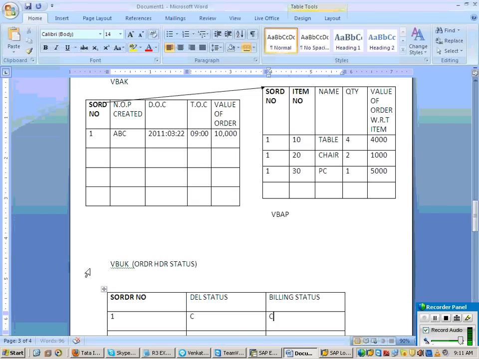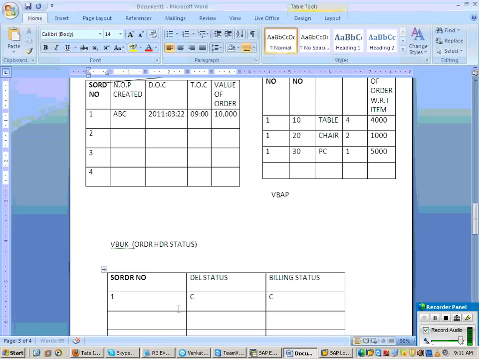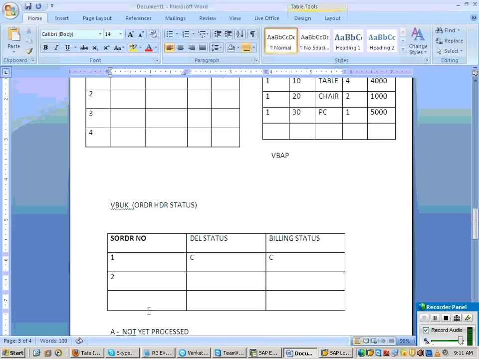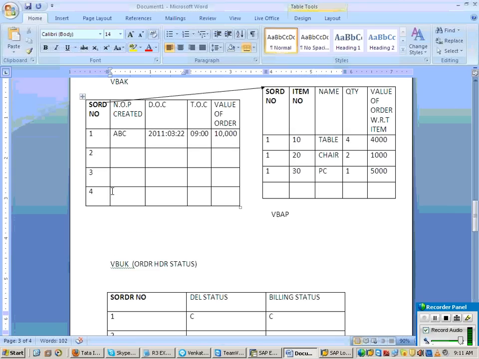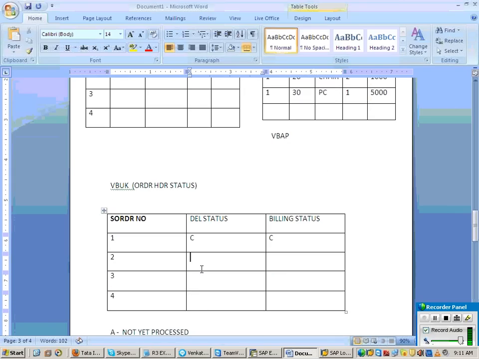So now suppose I have some 100 orders. In the order table, how many orders do I have? For all the 100 orders, you have status here. Suppose in this case I have 4 orders. So for 4 orders, imagine this is the data I have.